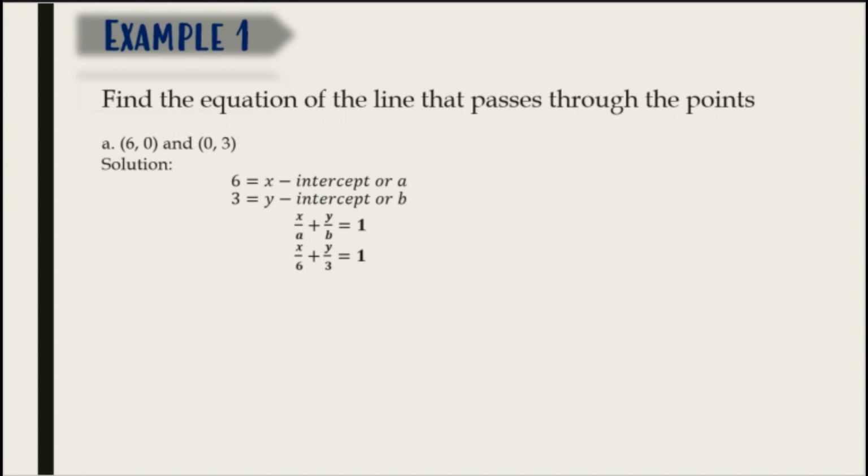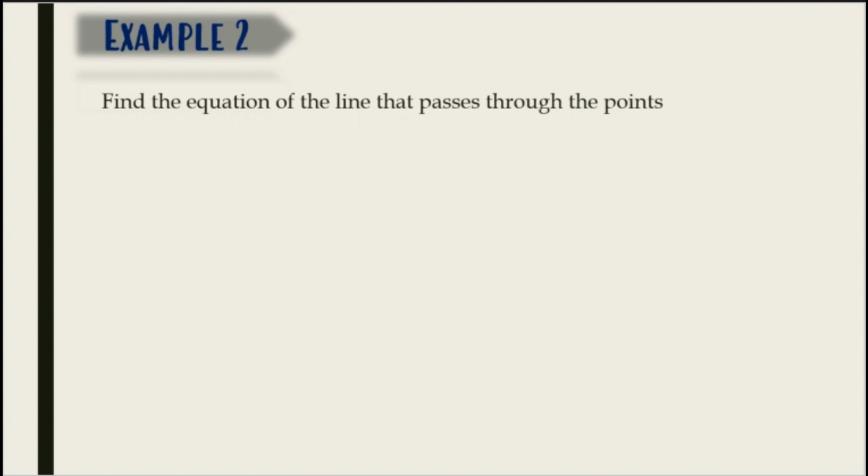Then, multiply both sides by 6. We have 6x over 6 plus 6y over 3 equals 6. 6x over 6 is x, plus 6y over 3 is 2y, equals 6. So the equation of the line that passes through the points (6, 0) and (0, 3) is x plus 2y equals 6. Another example, find the equation of the line that passes through the points (0, 5)